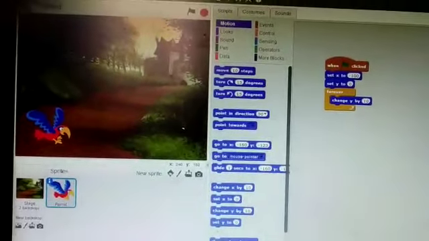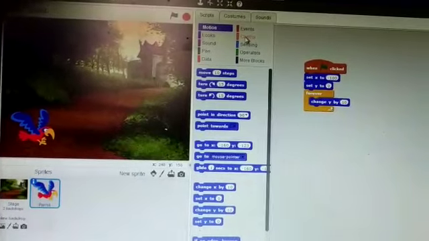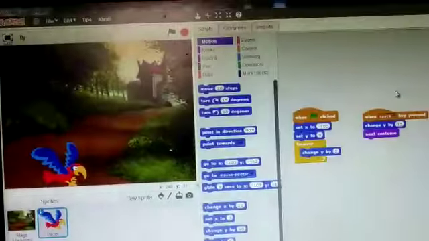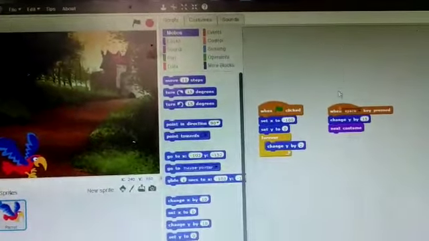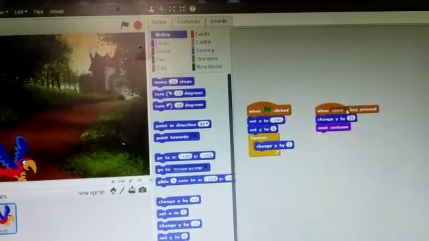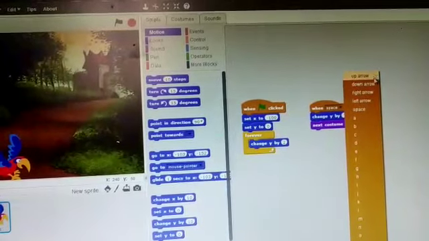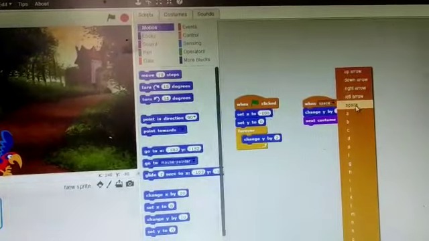Then go to this control block. Then again we will go to this control block and we will take this when space key is pressed. You can choose any keyboard key: up arrow, down arrow, right arrow, left arrow, space.